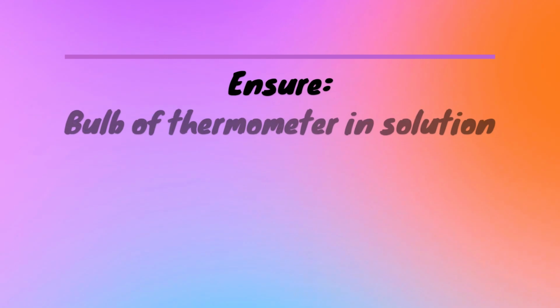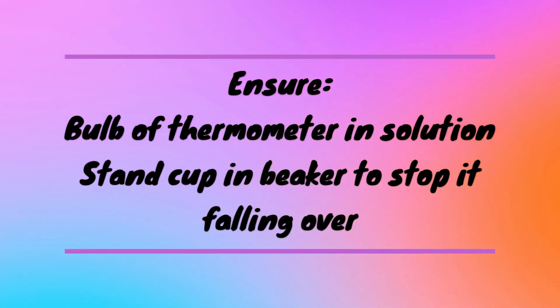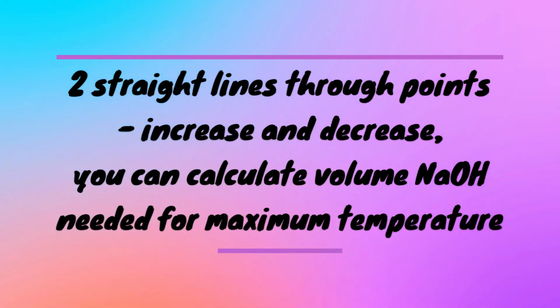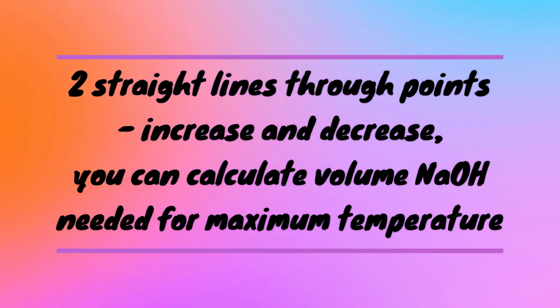Just a few notes here. The bulb with the thermometer must be in the solution, and we stand the cup in the beaker to stop it falling over. Also, if you draw 2 straight lines through your points, one through the increase and one through the decrease, the point where they meet will provide you with the volume needed for the neutralisation for the maximum